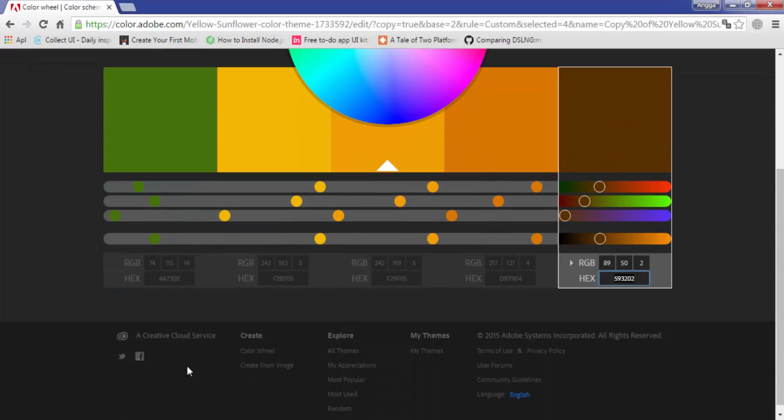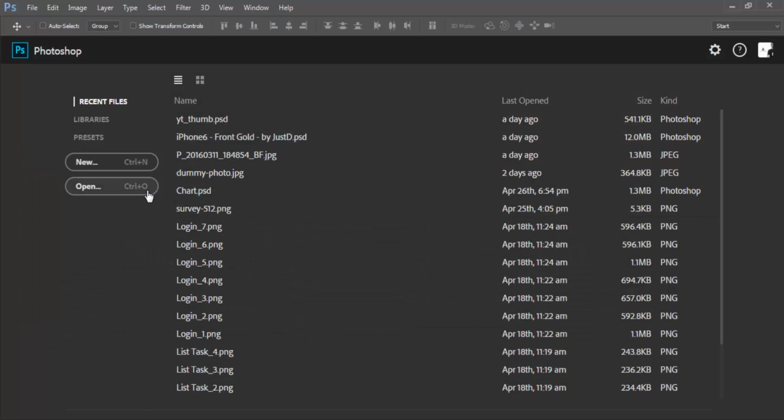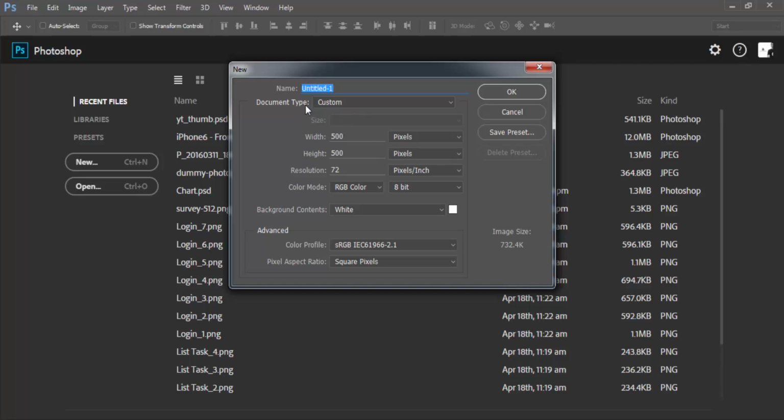Go to your Photoshop and create a new file. After that, select the document type as custom, with width 500 and height 500, then okay.